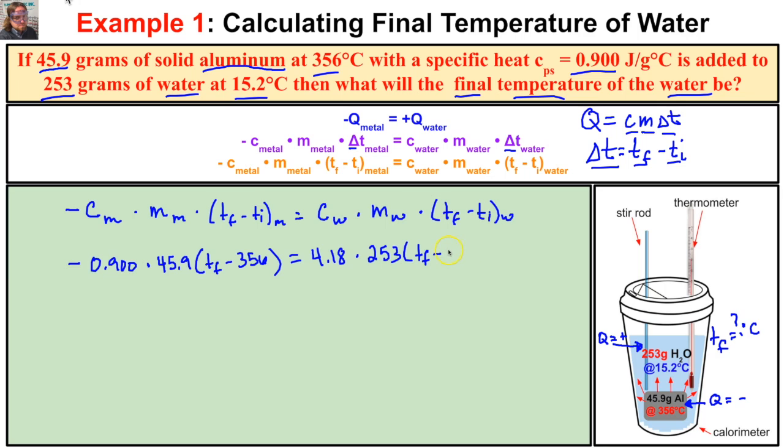The initial temperature of this water is 15.2 degrees Celsius. So there we go. And so now we take this number here times this number here, and we'll get negative 41.31 times temperature final minus 356. And this is going to be equal to these two terms multiplied together, which is 1057.54